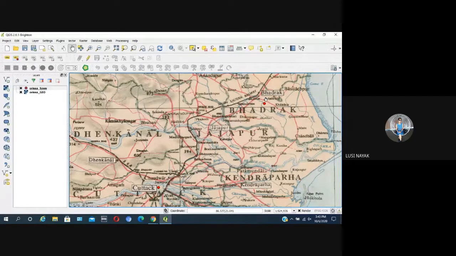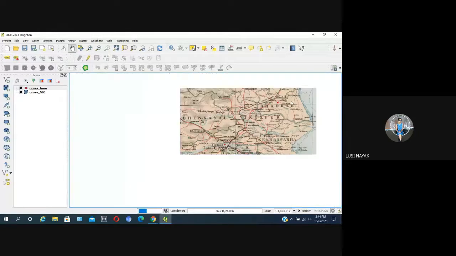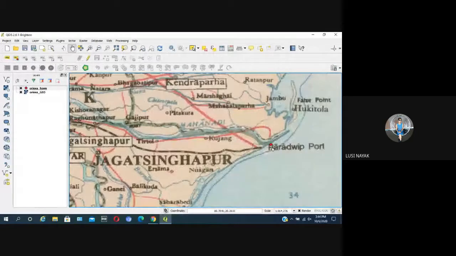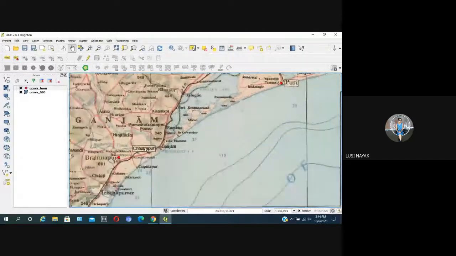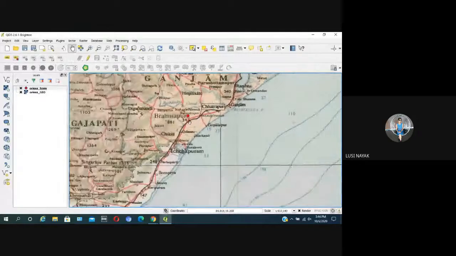Panduram, Vishal, yes, I think now you don't have any problem in searching the points. What is that? Bhadrak. Bhadrak. Show the points also. Paradip. Dharampur.